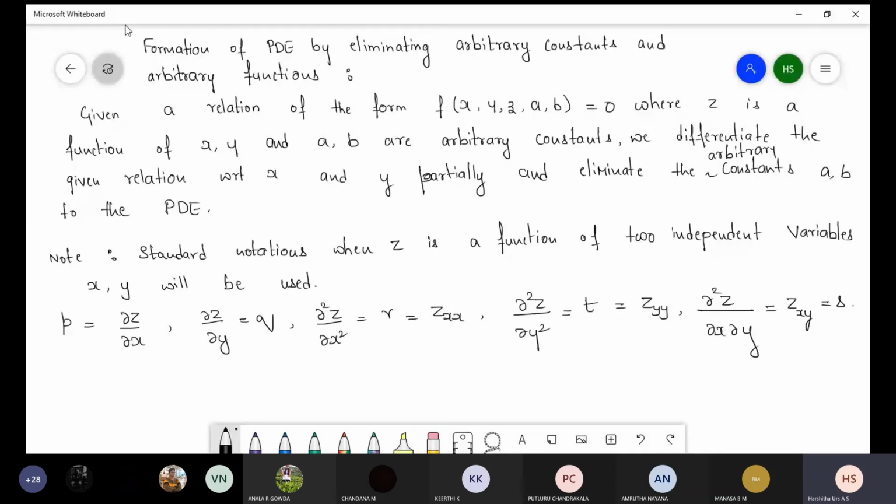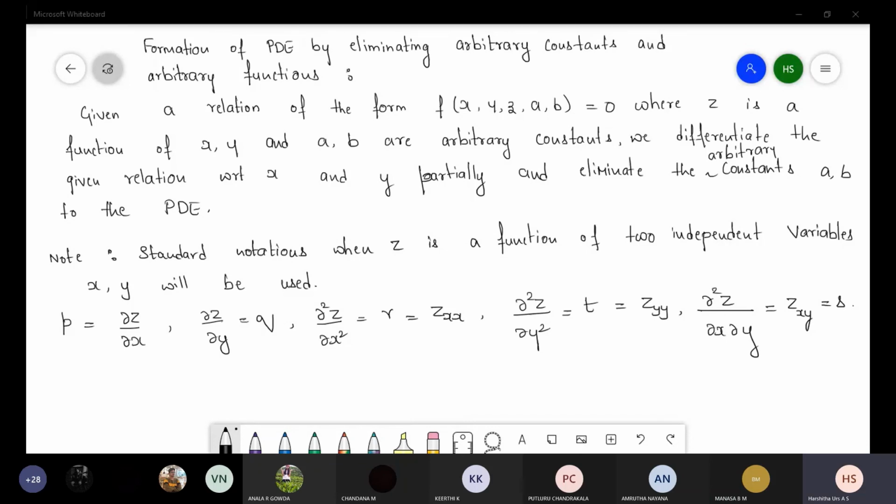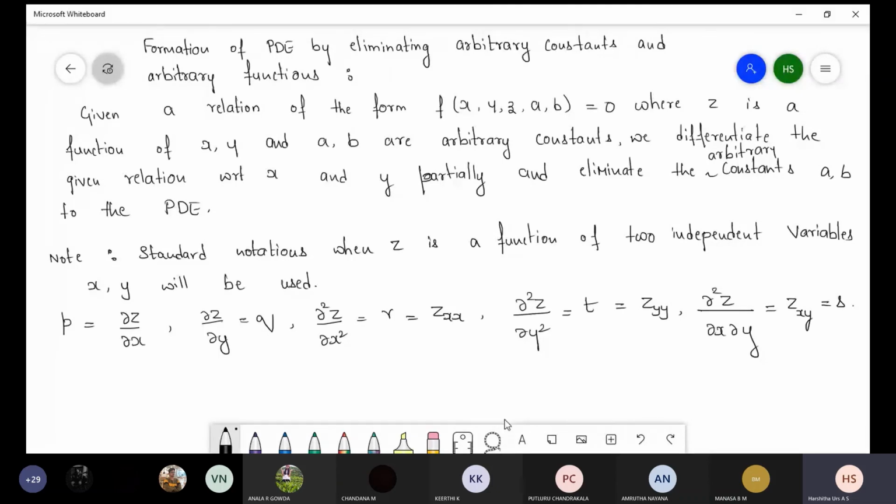So don't get confused. Let us see one small problem. Yes, any doubt up to here? Before moving to the problem, any doubt in the definition and examples? Shall I move to the problem? One problem we will see, remaining we will see in the next class.